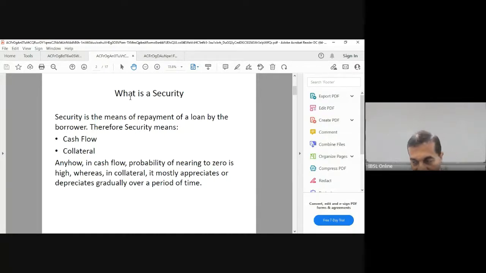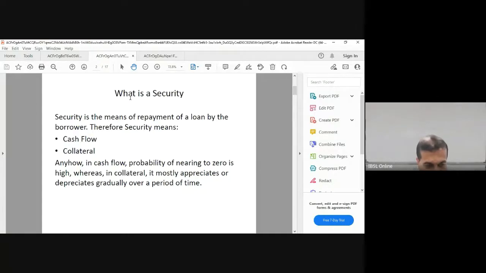Some of the companies have been in business for over 100 years, 150 years. When you try to ask for securities, what they say is, what do you want? We are in the business for so many years, you don't believe us. So the brand itself is very reputed, and these companies will never go down overnight. And even if they go down, you can get to know in advance. So these companies will never give you any other securities.